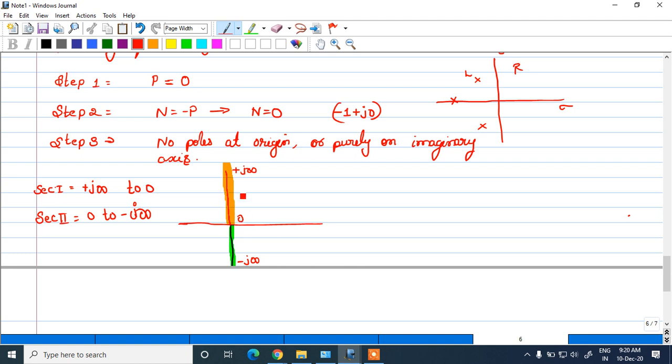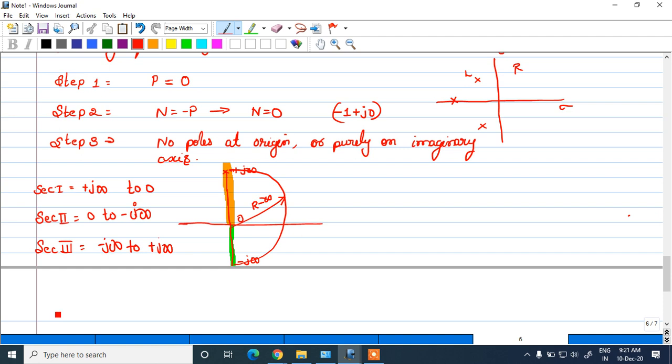So no bypassing. So section 1, section 2 is done. And section 3, you need to sweep the entire right half of the S-plane. So for that I will start from here and I will end at the same. From here to 0, 0 to infinity, and I will move back to the same position. I will be sweeping the entire right half with a radius infinity. So section 3 will be minus j infinity to plus j infinity.